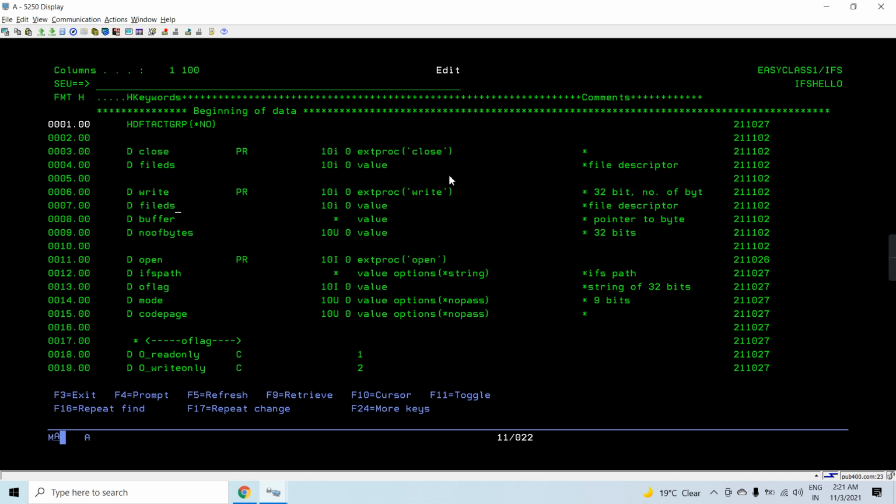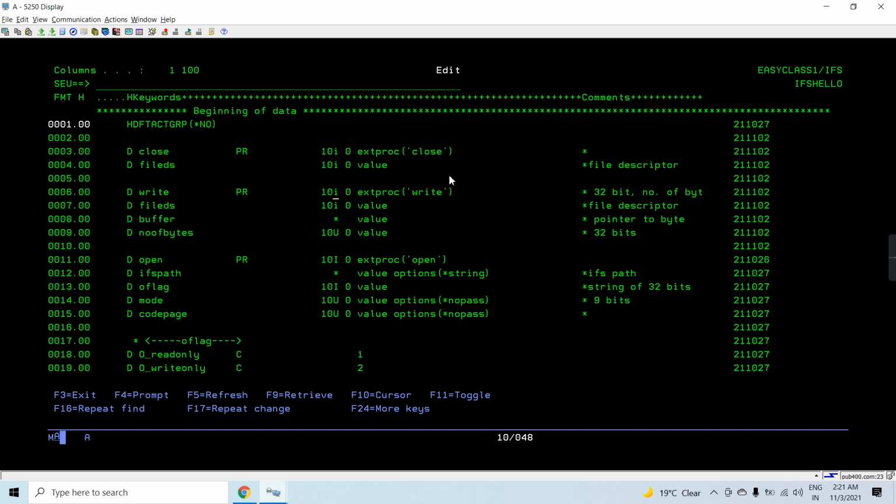That's passed to the write API as the first parameter, the file descriptor, and a buffer pointer is also passed, so that at the address of that buffer pointer we will be writing that number of bytes to the stream file on the IFS. Here we provide the number of bytes we'll be writing.